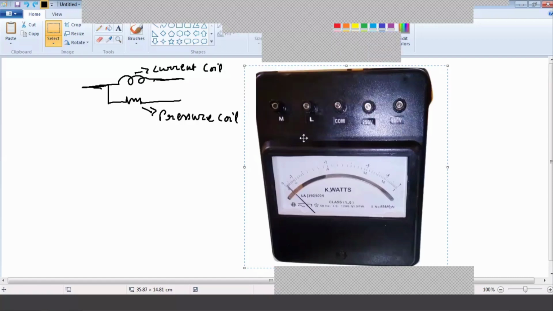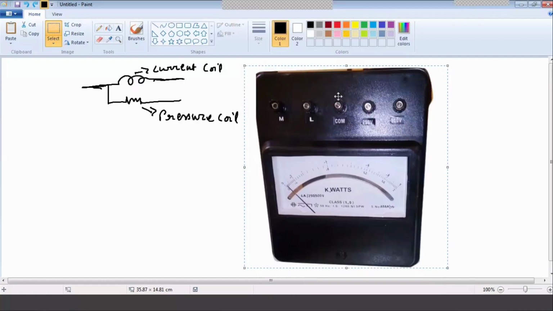So this is the actual wattmeter picture. You can find it in the laboratory.